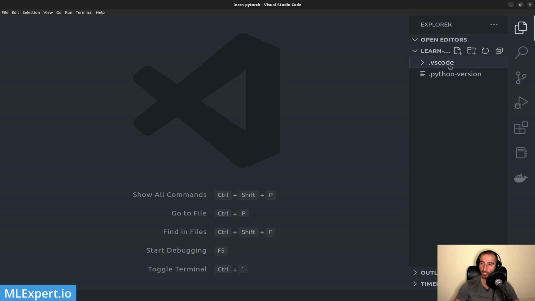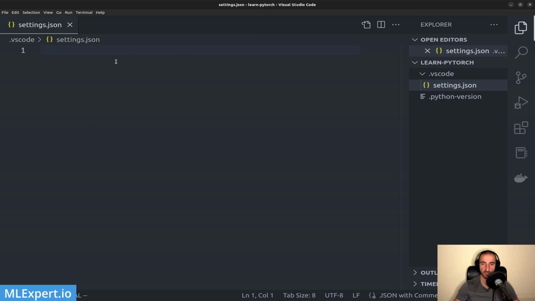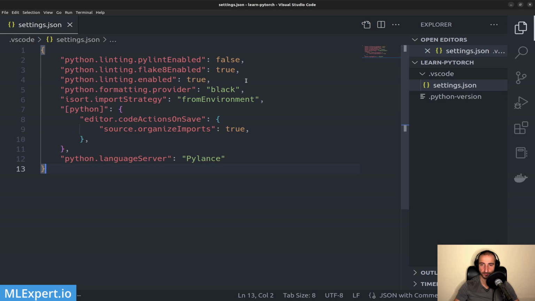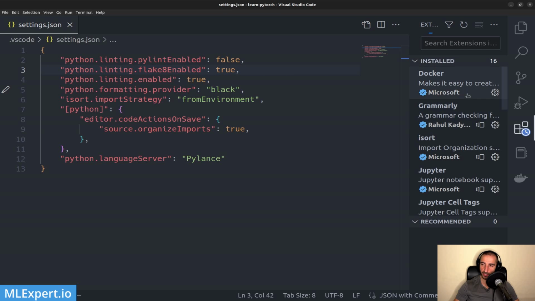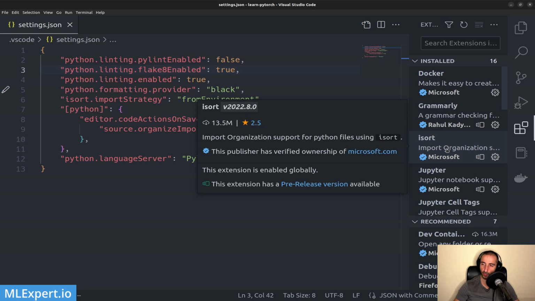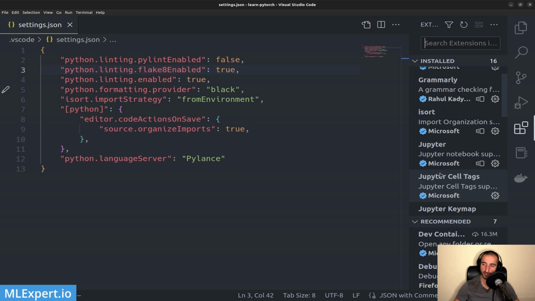.vscode, and in here I'm going to place a settings.json file. These settings are going to be specific for this project. And here I'm going to essentially get all of the settings that I'm using. Also, I would like to show you the extensions that are required for this